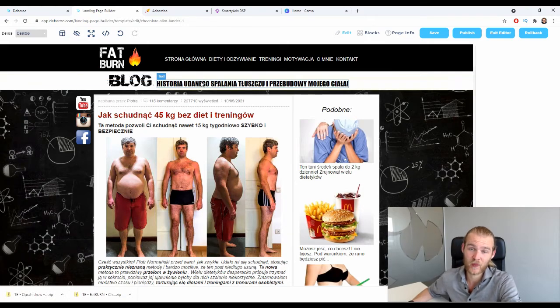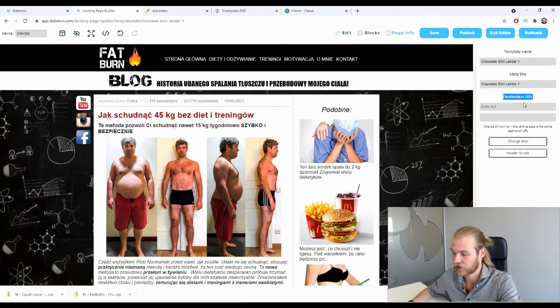Because you want to make sure when a user lands on your landing page and clicks through to the offer page, that they actually reach the offer page and that they're actually able to buy the product, right? So to do so, we need to change this destination URL. So you'll find it under page info right here, destination URL, and we want to paste in our ClickUrl at